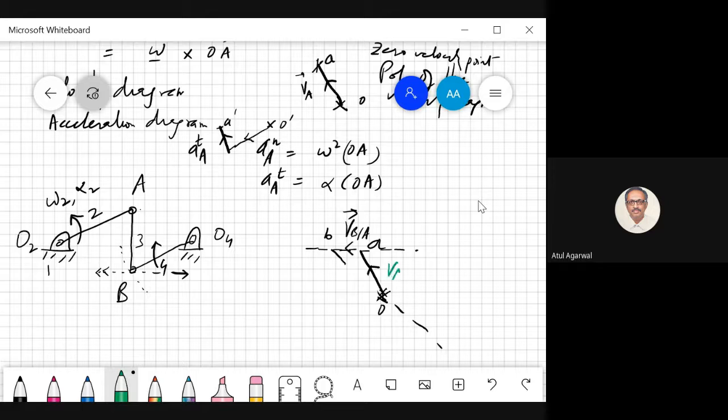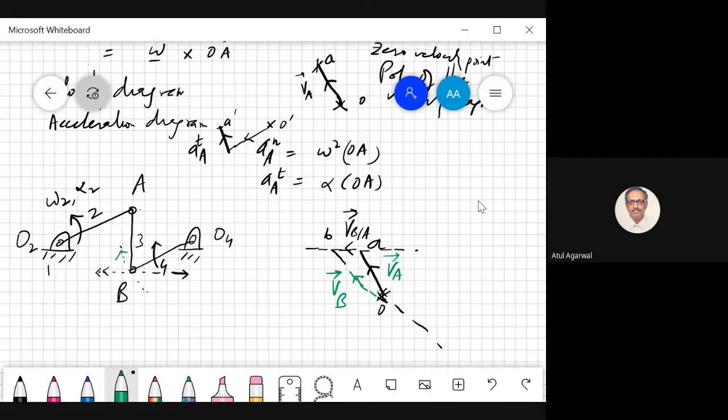So this was my velocity of point A. And this becomes velocity of point B. Now you see, what we are seeing is that bar 4 is going clockwise. Only then velocity of B will be in this direction. If bar 4 is turning clockwise, then your point B will go in this direction. That it is doing. So we always measure absolute velocity from the pole of the drawing, which is point 1.